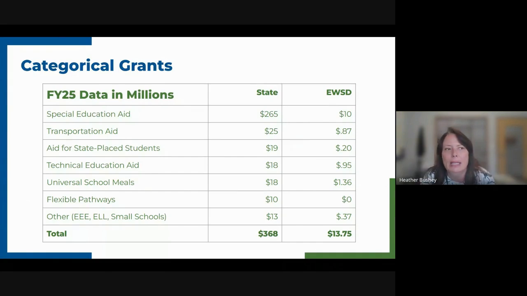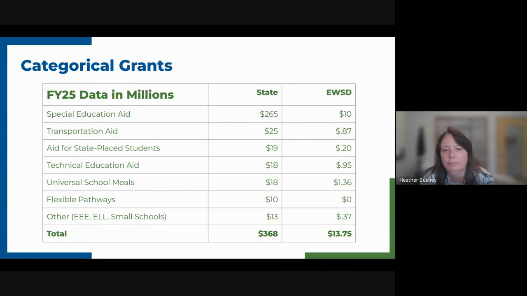So it's possible you could get less than your 50%, depending on how much spending happens across the state. And that spending is a 2-year look back. So for example, in fiscal year 26, we're getting reimbursed on our 24 spending. Transportation aid across the state is 25 million. We were at 0.87 million,